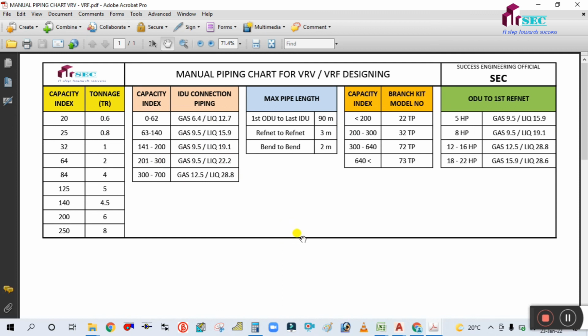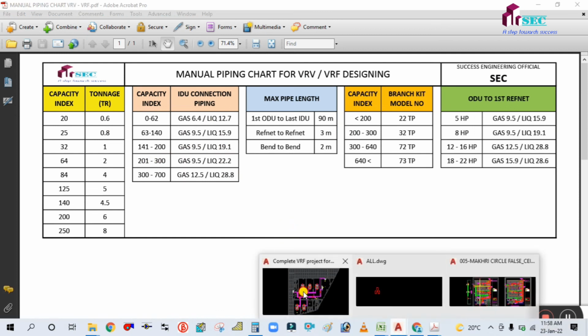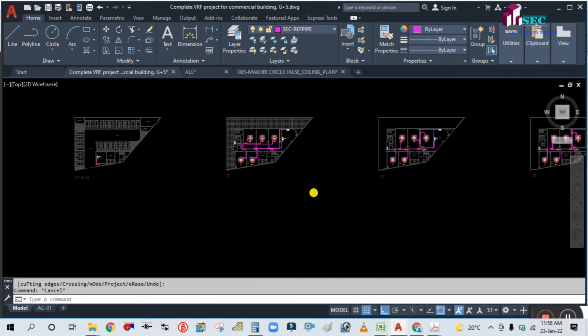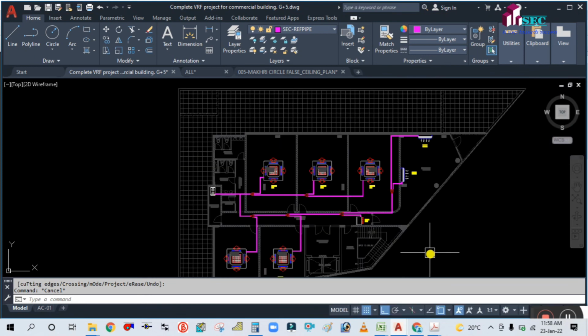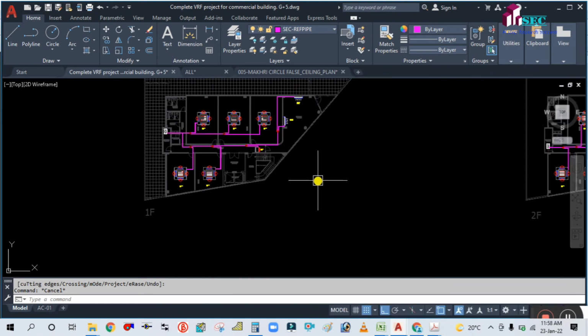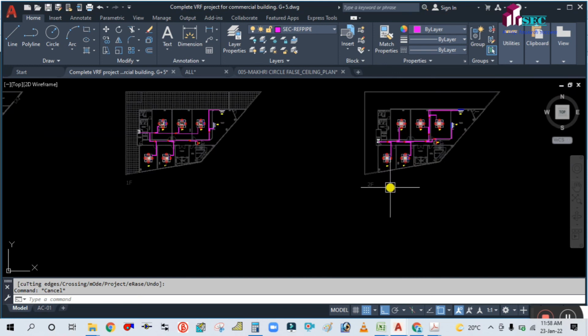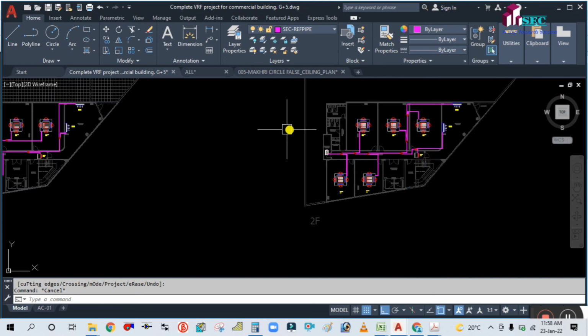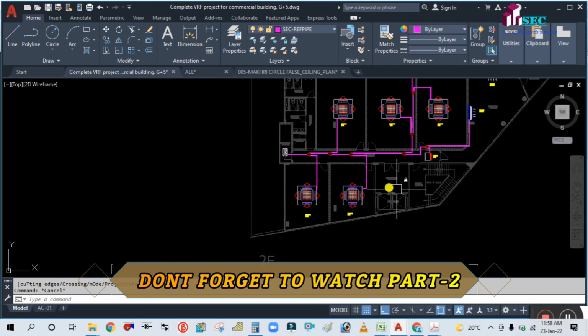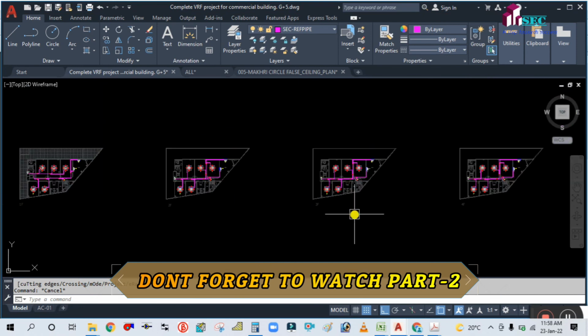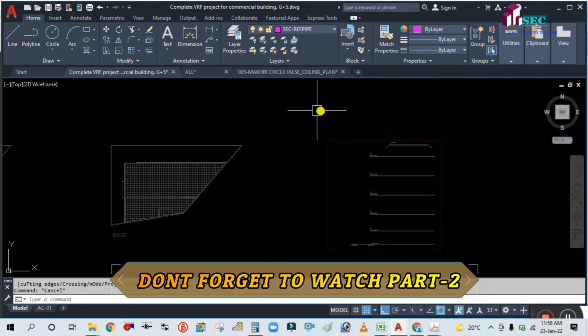After the pipe sizing, we are going to do the fresh air ducting layout FAHU. We are going to select and design the FAHU as well as ducting for the fresh air unit, and after that finally we have to place